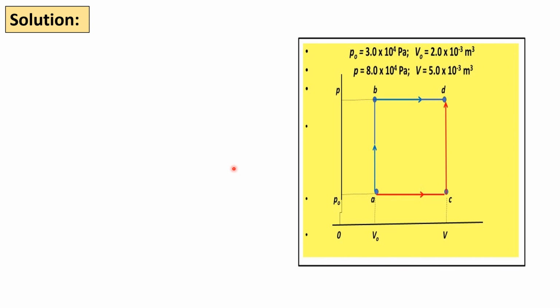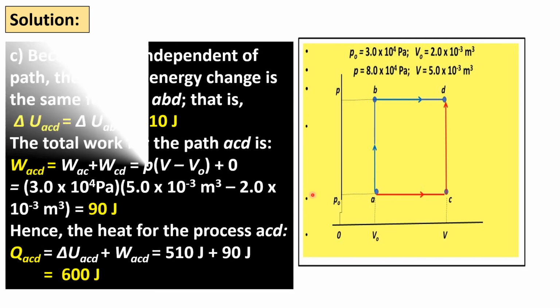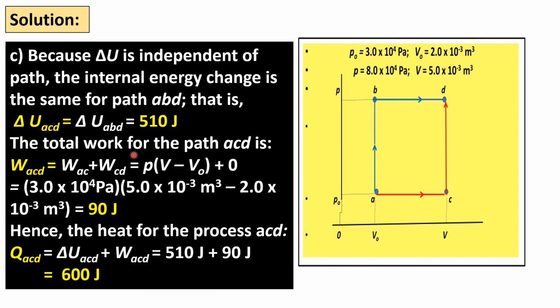in answering the last question, which is finding the amount of heat absorbed by the system in changing from its initial state A to its final state D, we take note of the fact that the change in the internal energy along that path ACD, which we label here as delta U ACD, is just equal to the change in the internal energy from A to B to D, labeled here as delta U ABD, and that was earlier calculated to be 510 joules. Okay, why are they equal? It is because